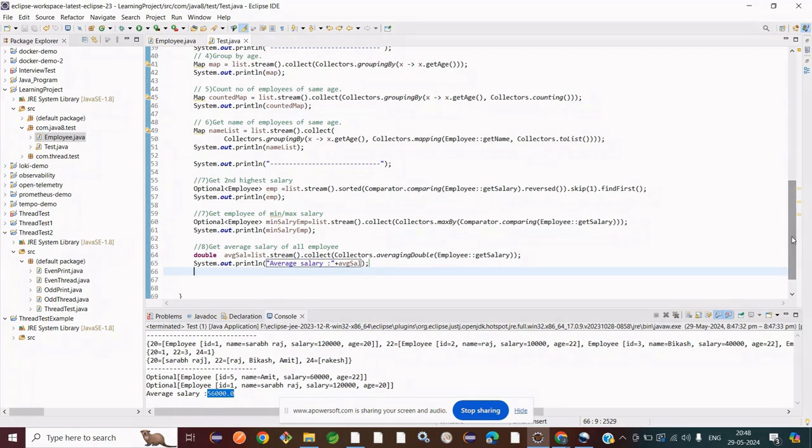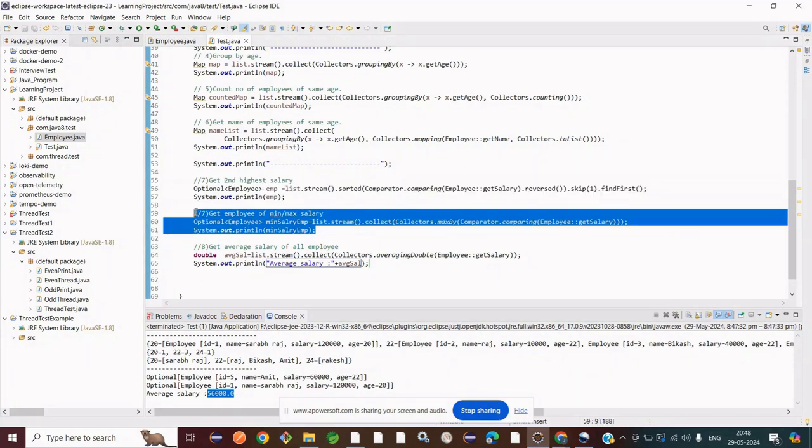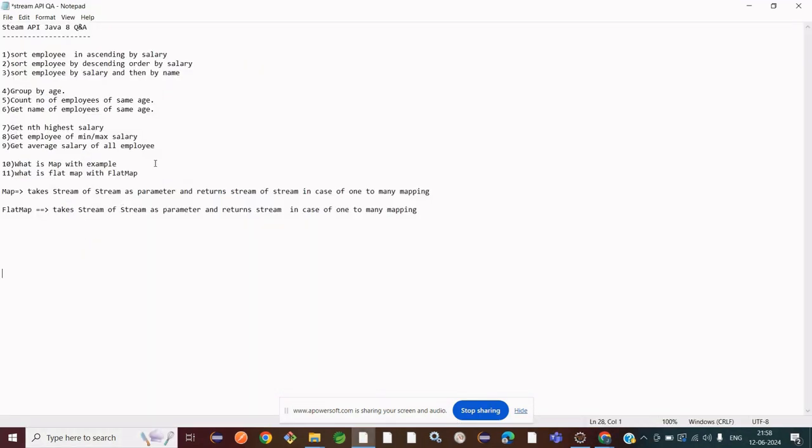So this way we can calculate the nth highest salary, and the min and max salary of any employee. Important for interviews: map versus flatMap. We are going to understand what map and flatMap are. Our main focus is to understand this with the help of coding. Firstly, I will explain what map and flatMap are. I think map is a basic thing. We know we use map in Java Stream APIs to map the object. And flatMap